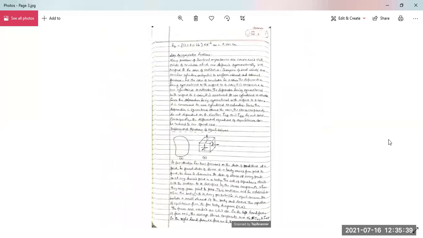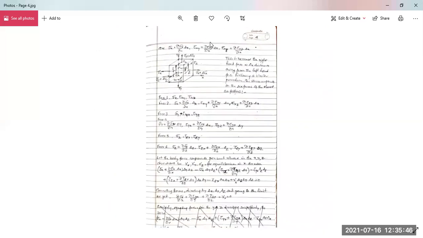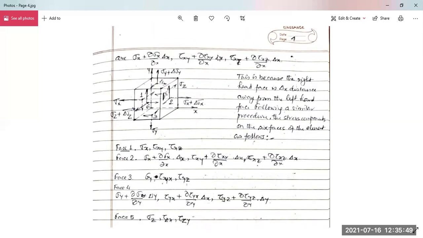On the left hand face we have only sigma x, tau xy, tau xz, etc. The left, bottom and rear faces have sigma x, tau xy, tau xz, etc. And the right, front and top faces will have sigma x plus partial sigma x by partial x into delta x, tau xy plus partial tau xy by partial x into delta x, and tau xz plus partial tau xz by partial x into delta x. This is because the right hand face is delta x distance away from the left hand face, and